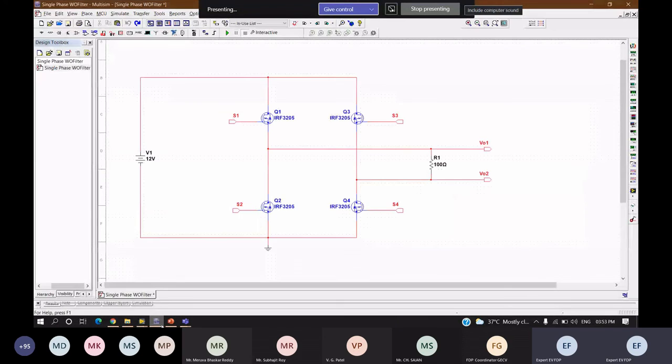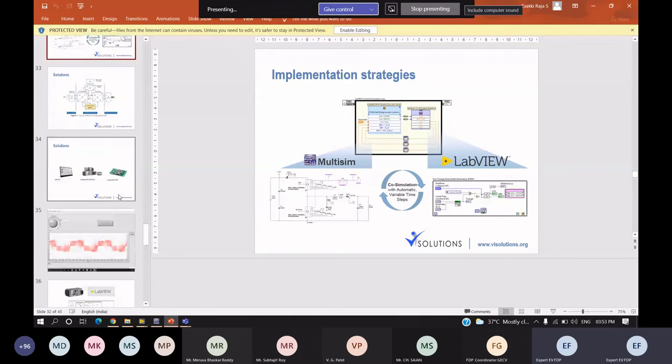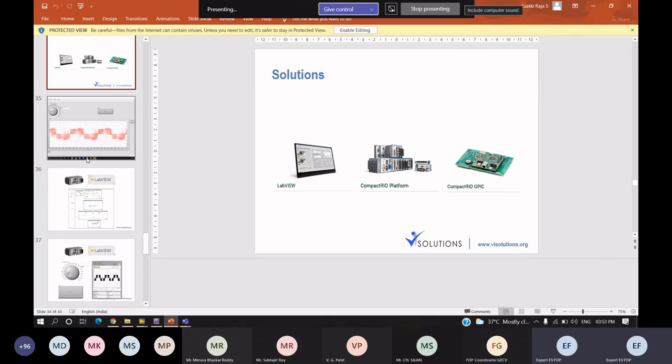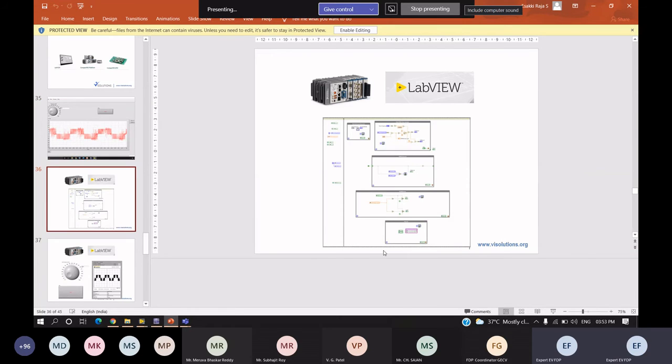To do that, we need to have some hardware. We have to interface some hardware to our system, and with that we can do it in real time. So let me check whether I have it. Yeah, so these are some of the hardware, like I have mentioned, stereo hardware. Using this hardware, we can generate a real-time signal, and this is how we'll be getting the signal. And this will be the programming logic to get the SPWM signal out from this signal.